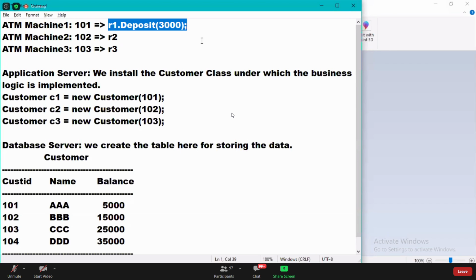Today, ATM machines are coming with deposit options also. So you can deposit money in ATM machines. Below, a rack will open, you put the money there and you can deposit it.